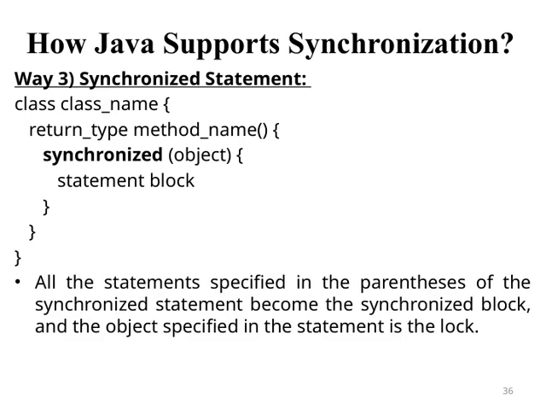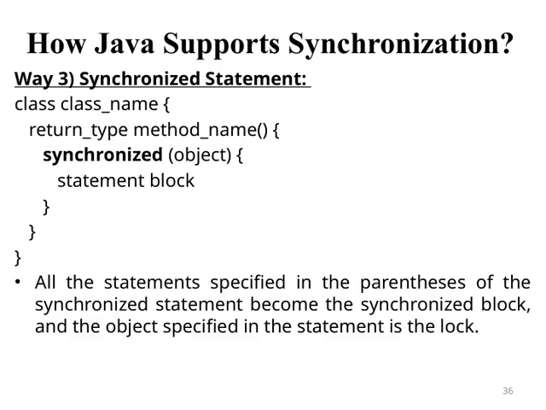And importantly, the object you specify in parentheses acts as the lock, meaning it controls access to that critical section. This allows multiple threads to coordinate their work more precisely, locking only the necessary parts of the code. Understanding this helps us write thread-safe code that's both efficient and clear, tying back to our overall goal of effective